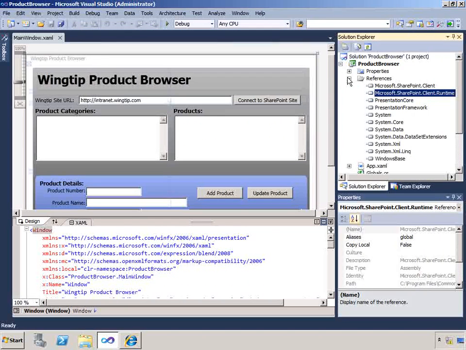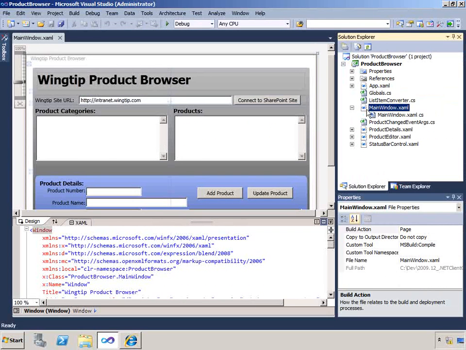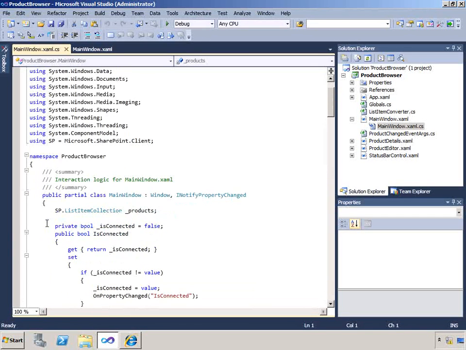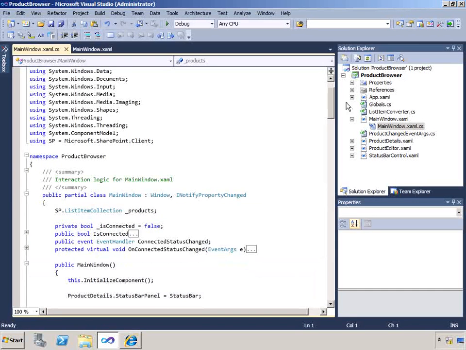If I then go in and take a look at the code for this, there's a lot of stuff that's specific to WPF here that I'm just going to skip over, and I'm going to focus just on the SharePoint client object model here. This application is available for download, so you can always go through and take a look at it and see how things work. And there's plenty of comments in it that walk you through and explain the different things that I'm doing here. So if we scroll down a little bit, what we're interested in is that when the application,